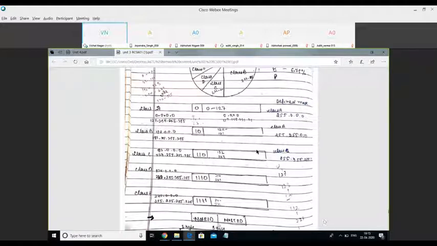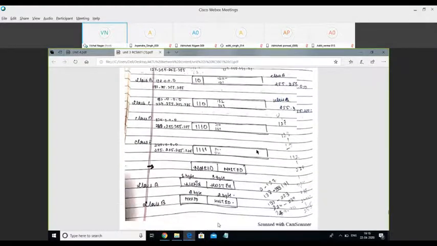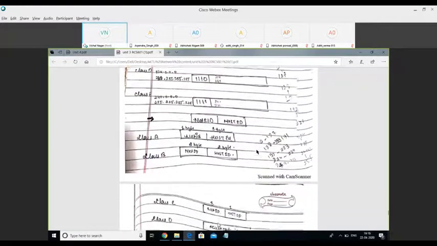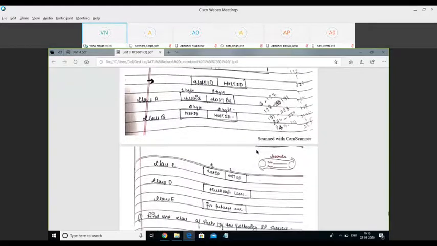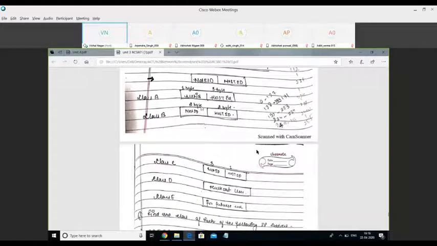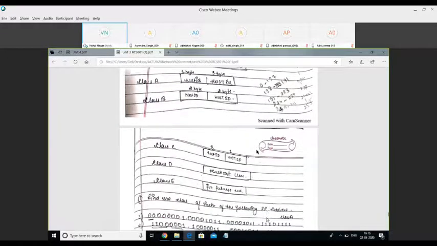So this is all about the classes of IP. This is the division of net ID and host ID. First, we have one octet for net ID, 3 octets for host ID. Then we have 2 octets for net ID, 2 octets for host ID. Then we have 3 octets for net ID, 1 octet for host ID, and then finally we have multicast users, and this is for future use. This is how the IP addresses are.